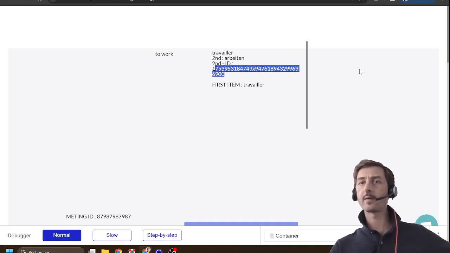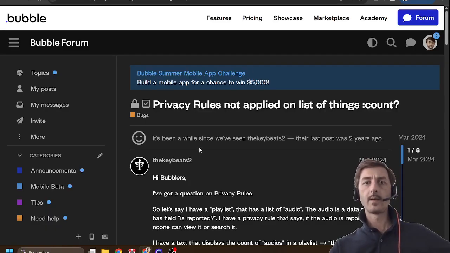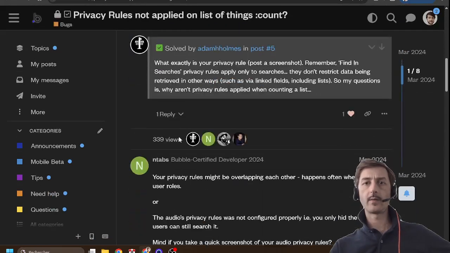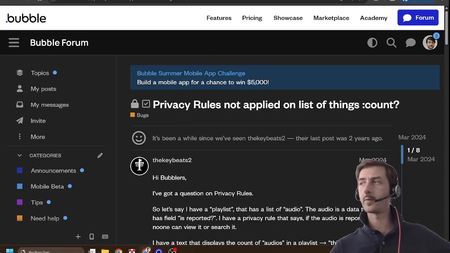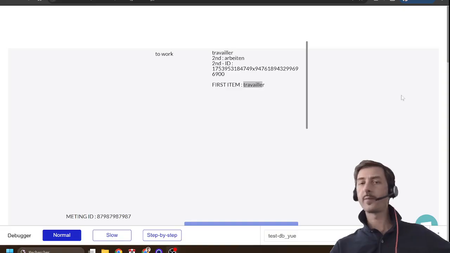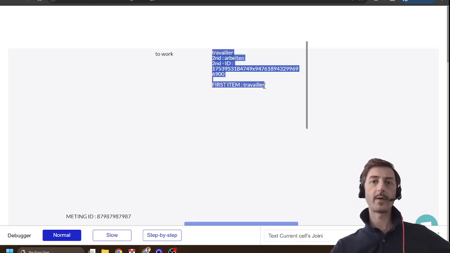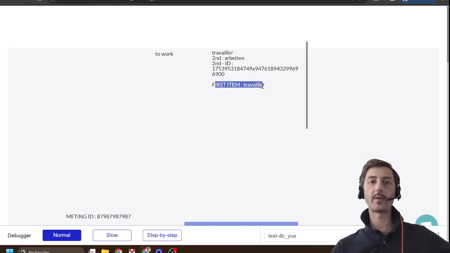So having the privacy is not going to hide the ID from a list. There's an article actually about it on the forum, so I'm not the only one wondering about this. Because basically I was thinking, if I've got like 40 items in the list and because of the privacy I can only see one, maybe I can